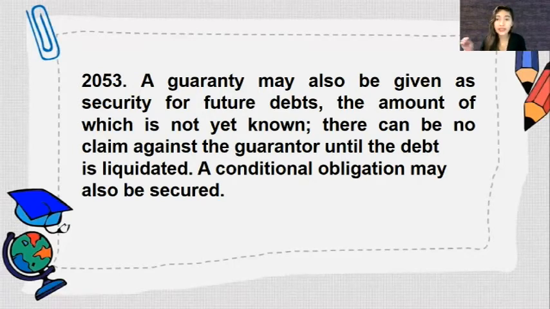So future debts, even if the amount is not yet known, may be guaranteed, but there can be no claim against the guarantor until the amount of the debt is certain or fixed and demandable. The reason is that the contract of guarantee is subsidiary. So to secure the payment of the loan at maturity, we have here: